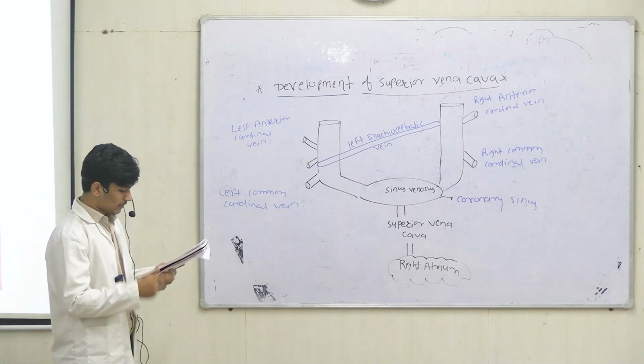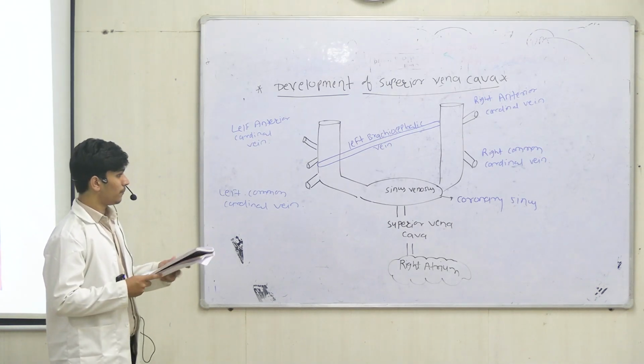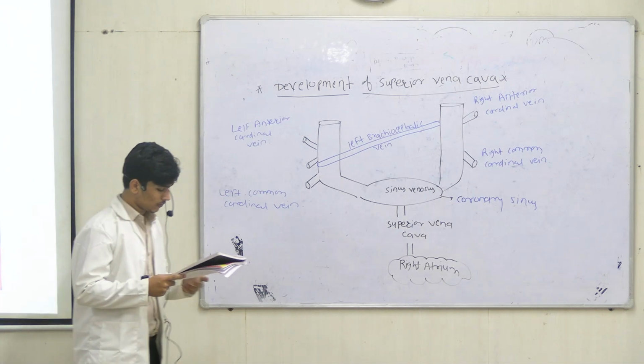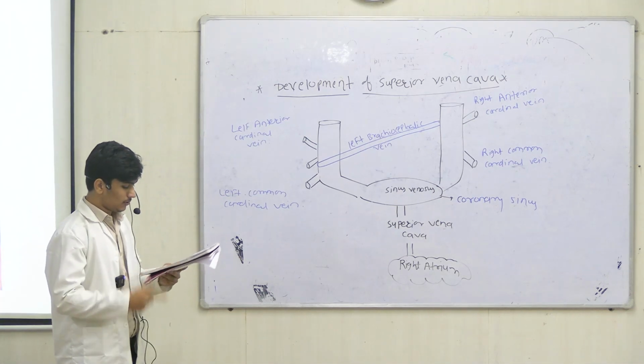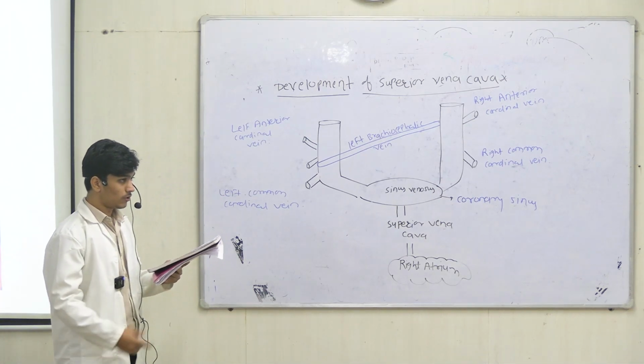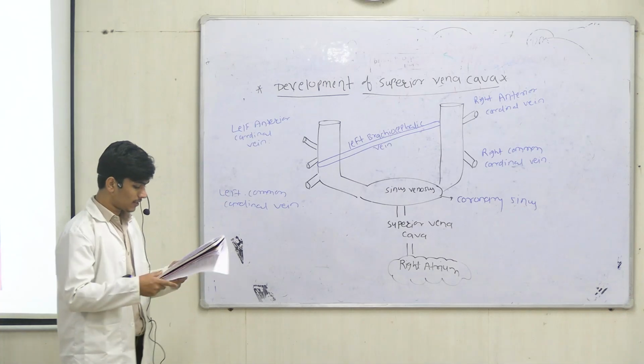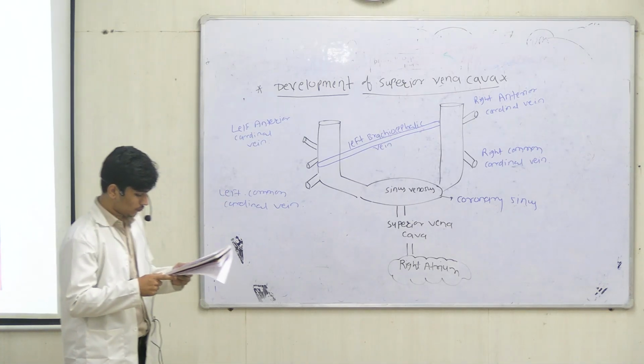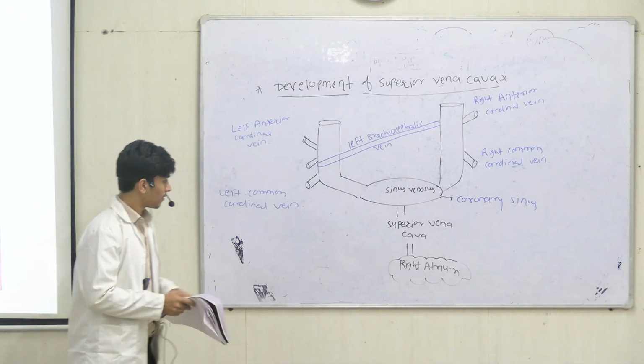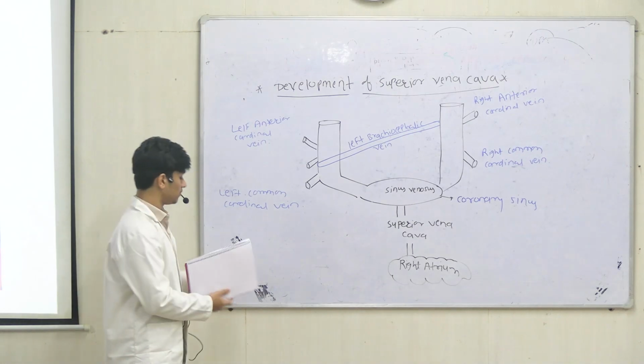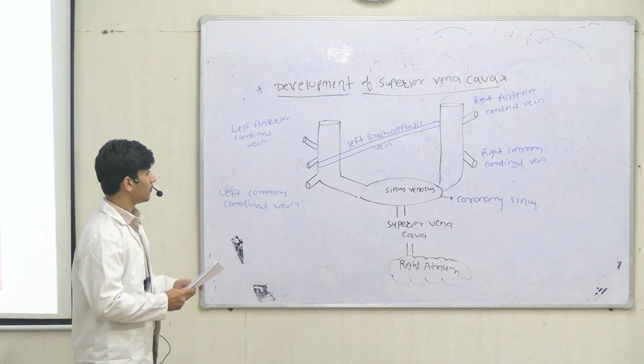Anterior cardinal vein drains the head and the upper limb, and posterior cardinal vein drains the lower body, and common cardinal vein is formed by the union of anterior and posterior cardinal vein. And